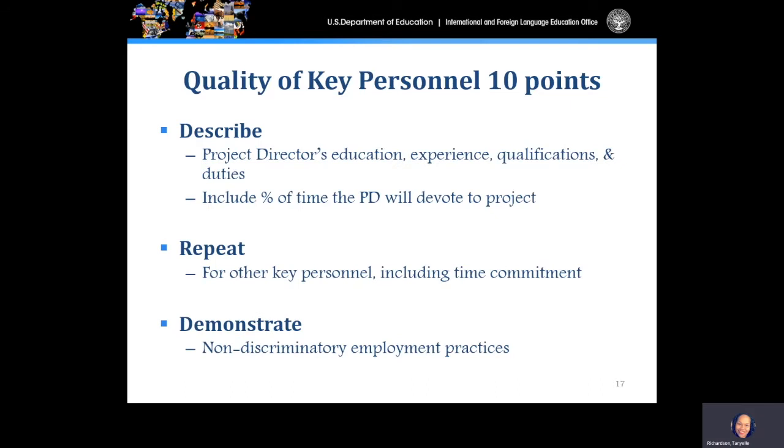Quality of key personnel, worth up to 10 points. Here's where you talk about the project director and other key staff members. A project director does not have to necessarily be in the School of Business. However, this person is going to be leading the effort, whether they are an academic in the School of Business or the School of